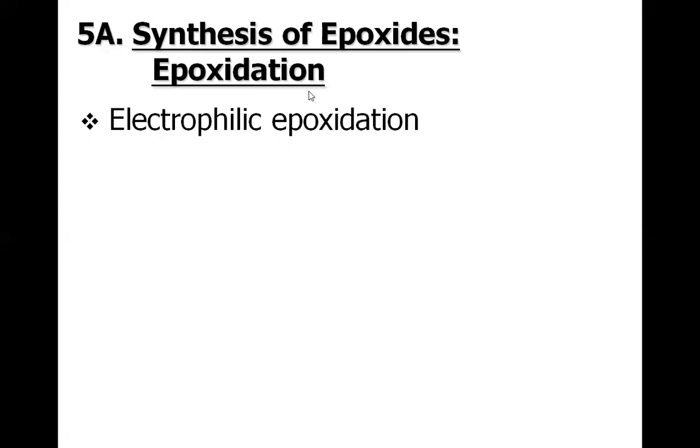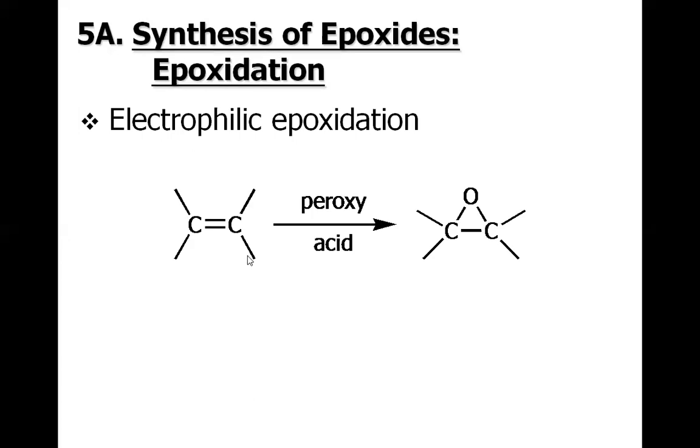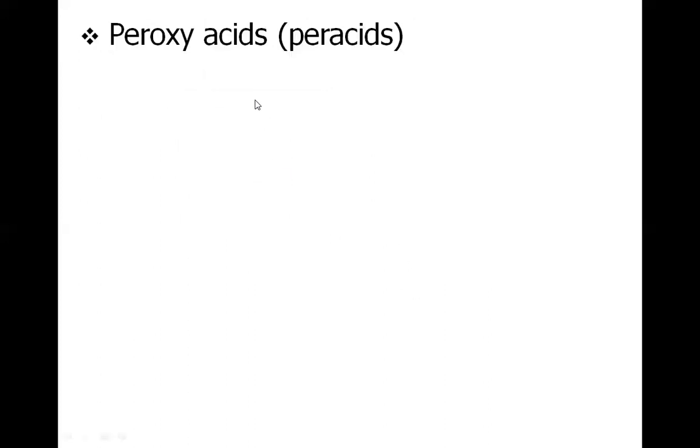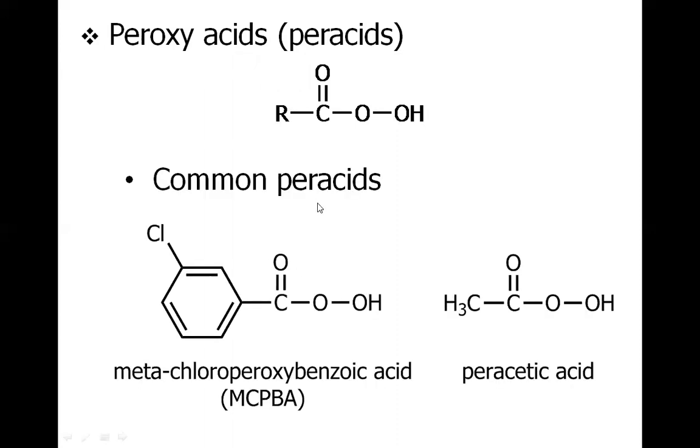So let us discuss the synthesis of epoxide, which is called epoxidation. This reaction we have already discussed. This occurs with the help of an alkene and a peroxy acid to afford the epoxide. This pi bond is broken, and we have 2 sigma bonds with the oxygen. So what are peroxy acids? Peroxy acids mean an additional oxygen in the carboxylic acid. This is the general formula of the peroxy acid, and these are 2 specific peroxy acids, and this is the very famous peroxy acid called metachloroperoxybenzoic acid. In short, it's called MCPBA.